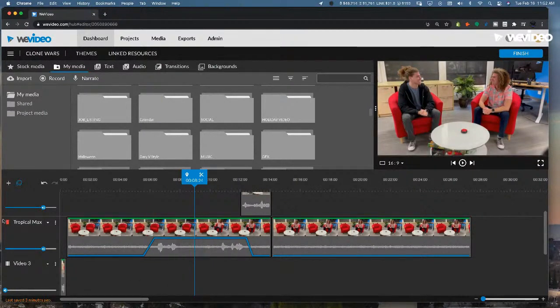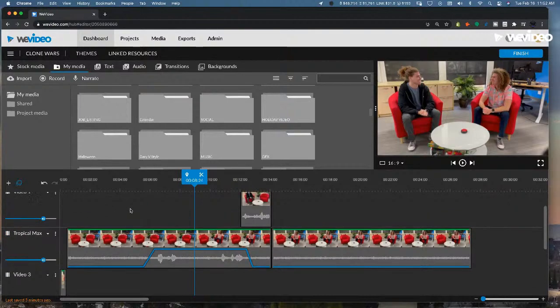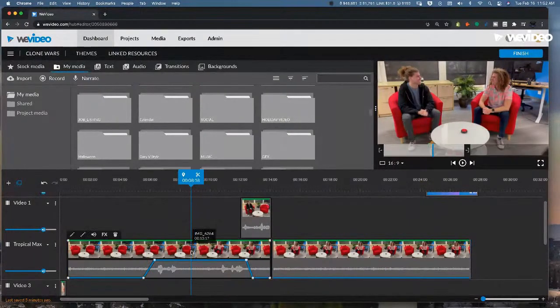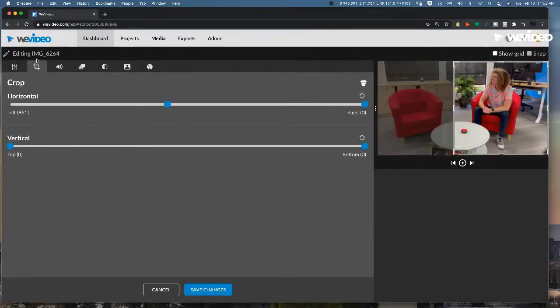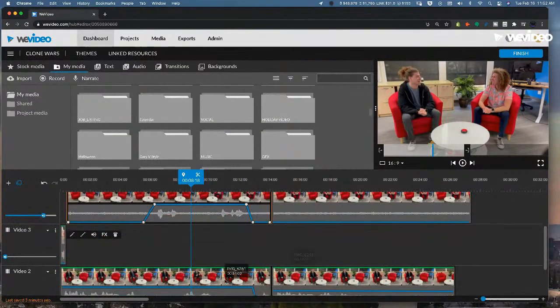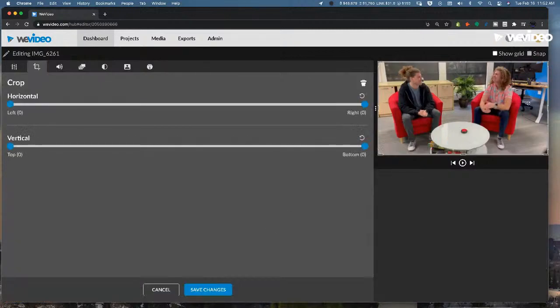I'm going to start labeling these tracks so it might help us visualize exactly what's going on. But as Max said, we have our top track here. This is the Max on the right and the tropical. That's the one we're cropping. So if I double click into my clip editor and go to my crop, you can see that crop line I created. So we are only playing this side of that screen. And then that reveals our bottom track here, which we didn't crop at all.